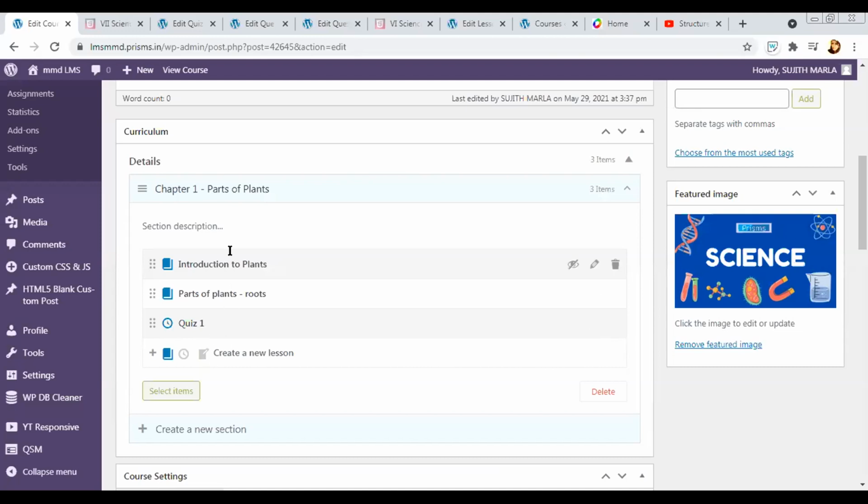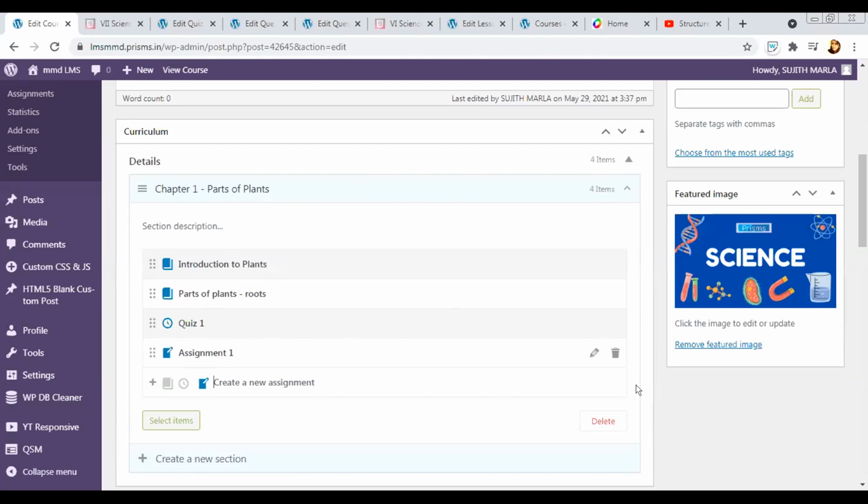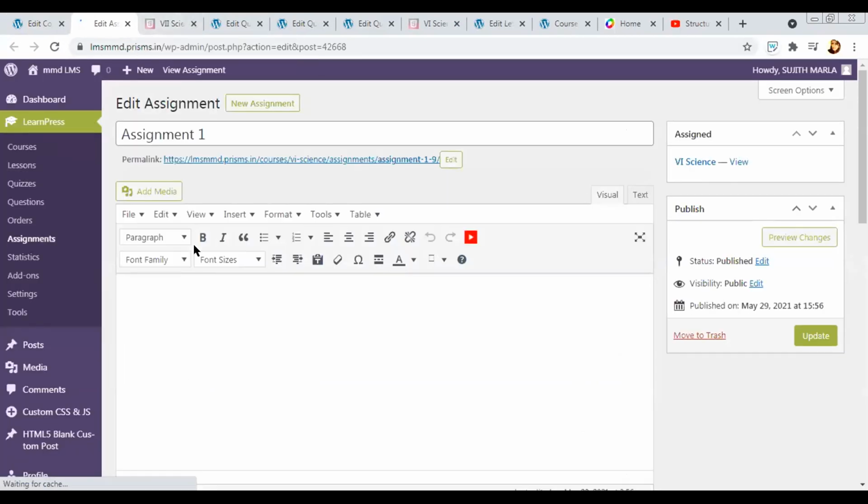Yes, so that's the two parts of lessons and quizzes, and the assignment is also the same again, but you just have to select the paper pen icon, type in your title, press enter, and again go to edit item to add content inside it. So in assignment, if you are using this for exams, you can directly add your question paper over here, or you can type